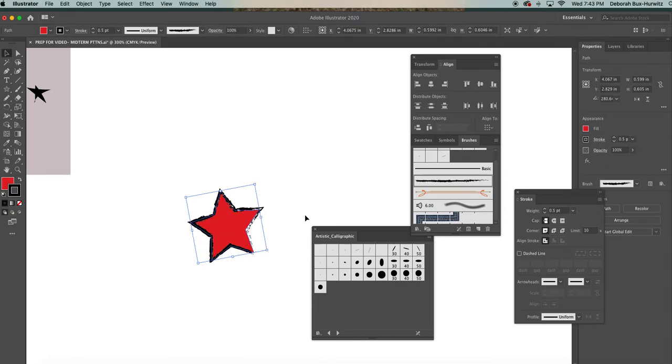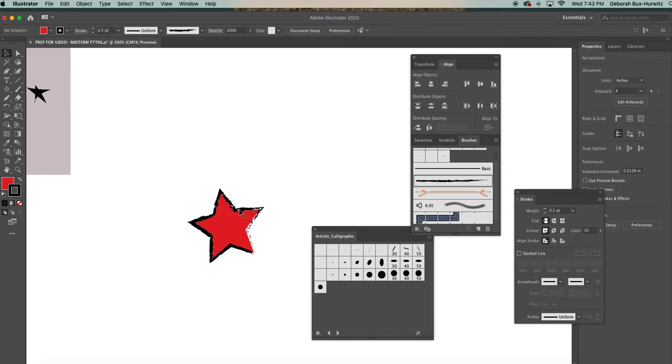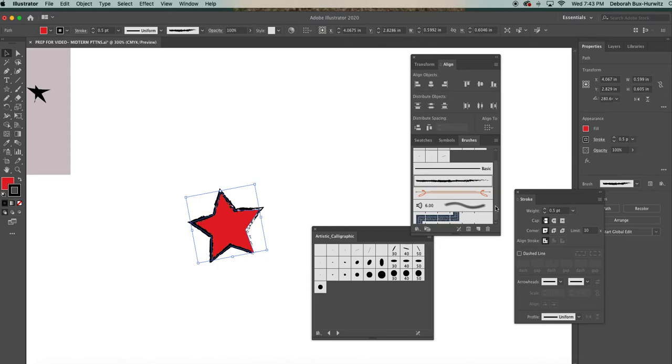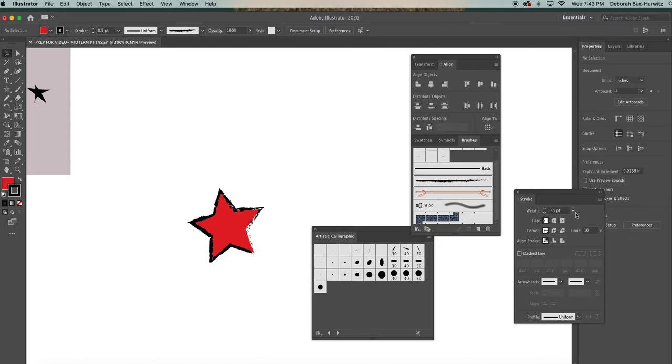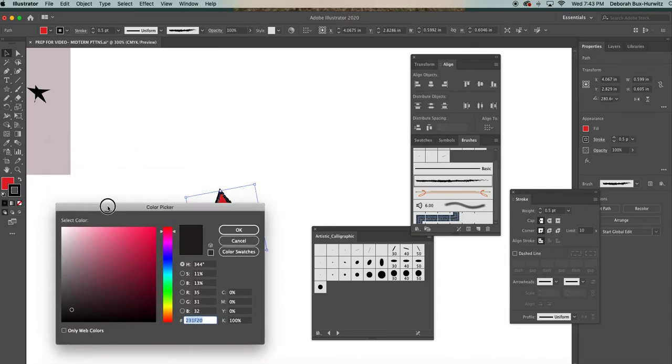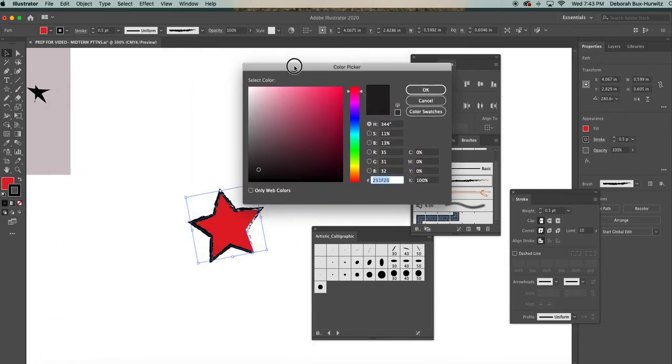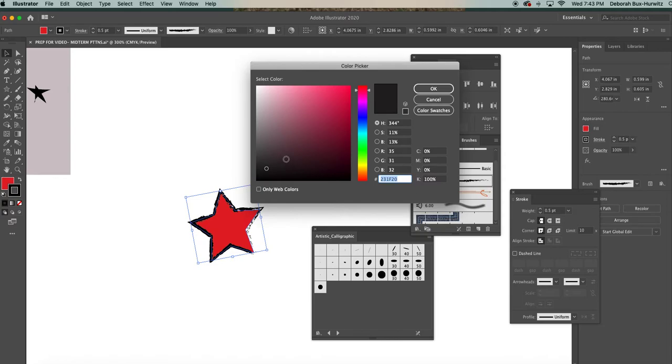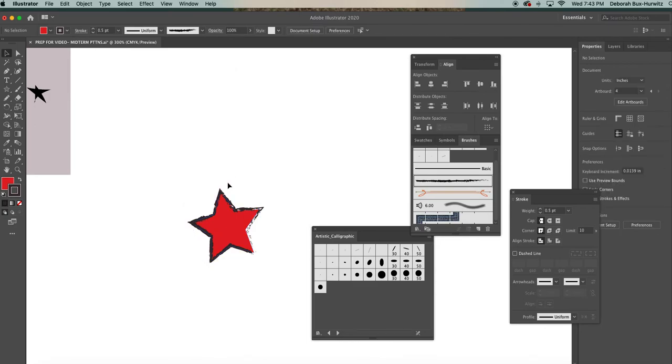But I actually want the star to be the highlight, so I'm going to do a thinner stroke line at 0.5. Again, feel free to explore what each brush line does and how the weight of the stroke under window stroke affects it. So there you go. And then if I wanted to double click on my stroke color, because my stroke color is black here, and I wanted to do a different color, you can always pick from the color picker window. And I picked more of a burgundy color. And that was one